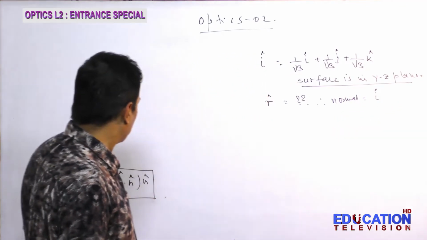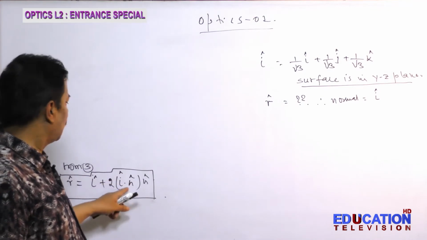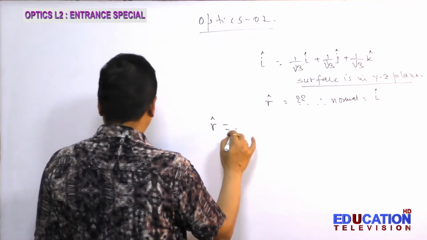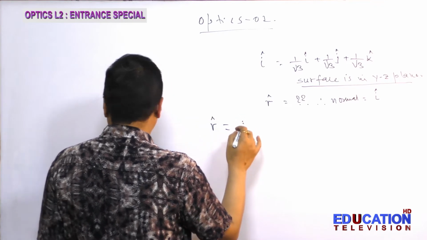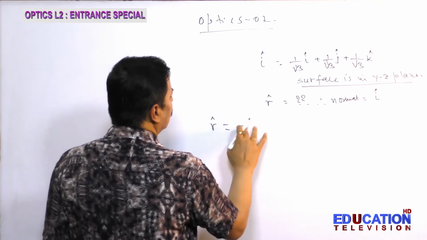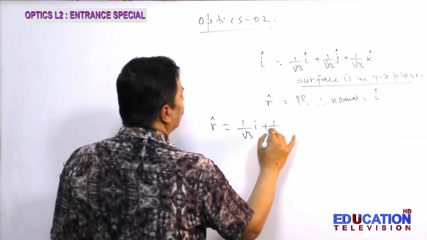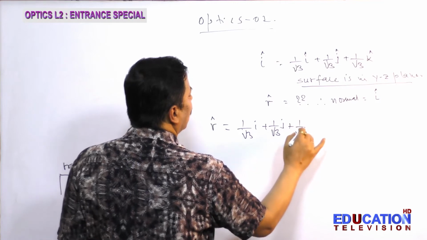This is your normal. So the normal is i. Now you apply. R vector should be I vector. I vector is 1 by root 3 i plus 1 by root 3 j plus 1 by root 3 k